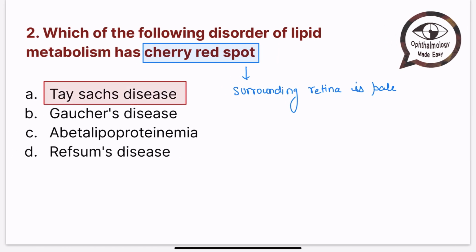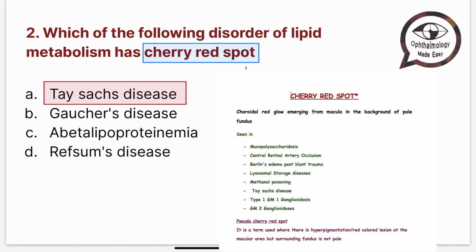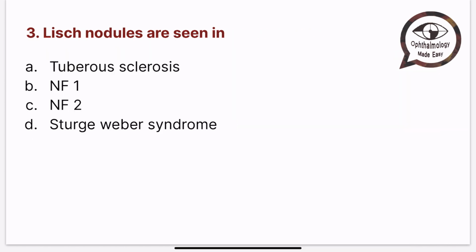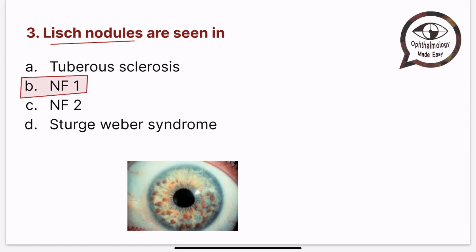Okay, so it can be seen in other conditions as well, like blunt trauma, like in Niemann-Pick disease, but here the Tay-Sachs disease is the answer of choice. The next question is very simple question again. They have asked about the Lisch nodules, and we know the Lisch nodules are seen in the neurofibromatosis 1. Okay, so remember, whenever they are talking about the neurofibromatosis 1, that has the Lisch nodules, which are the hyperpigmented nodules on the iris, and also we can have optic nerve gliomas, and you can have